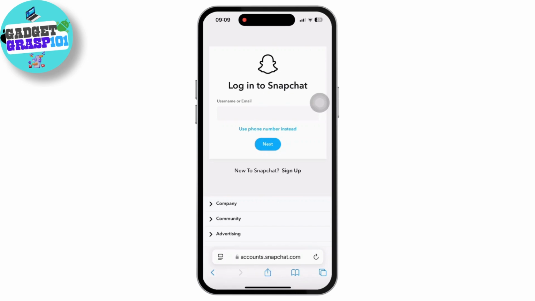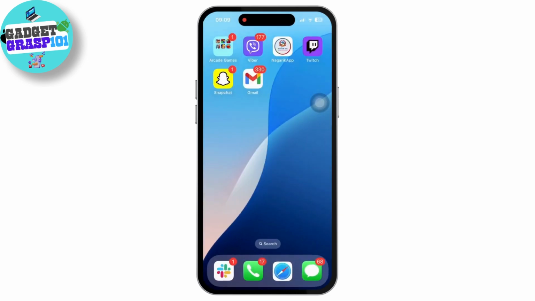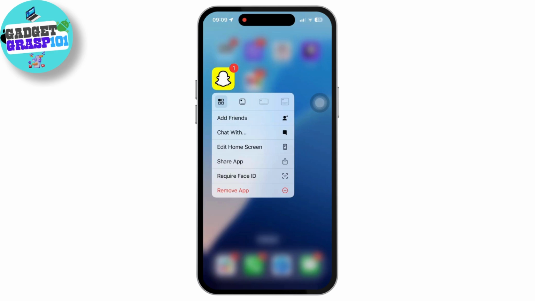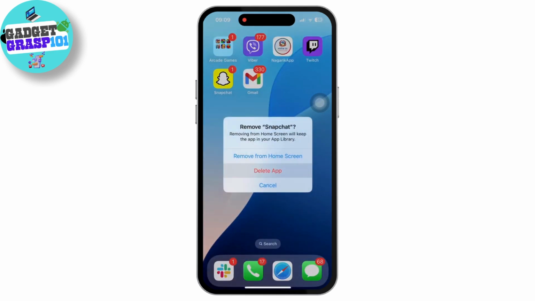And if this also does not work, then simply go back to the home screen, long press on the Snapchat app and simply try deleting your Snapchat. Tap on the remove app option available there and tap on the delete app, and once deleted, all you have to do is restart your iPhone. Once restarted,